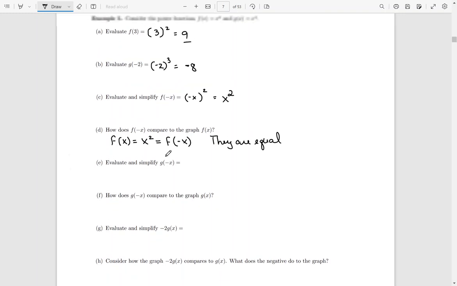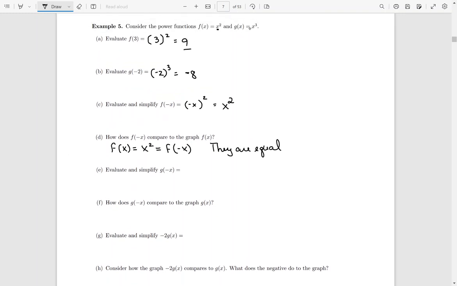So if I evaluate g of -x, again, go to the g function, take out its x value, and put in -x in its place. So a negative cubed is negative times negative times negative. You're taking -1 times itself 3 times. So it's still negative, and then x to the third gives you that result out. So how does g of -x compare to g of x? Well, g of x is equal to x cubed, and g of -x